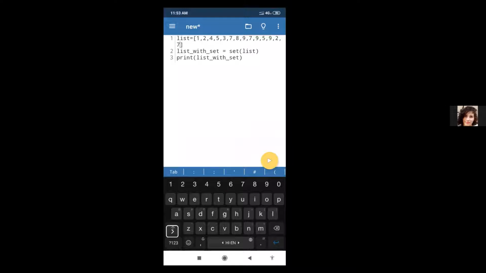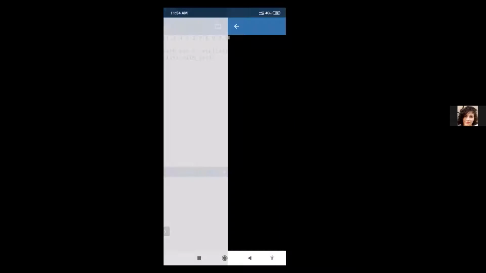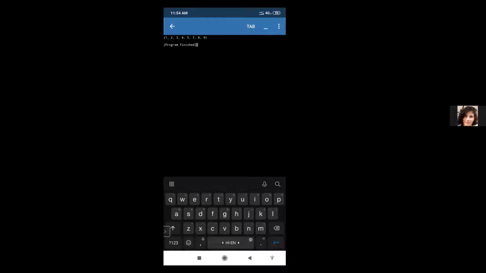Okay, you have this list which has duplicates, yes. Then you have created a set with this list and you're printing the set. Okay, fine. Let's see what it prints. Okay, fine. So yeah, that's the answer to your question. So if you look at the elements, it's clear that all the duplicates have been removed. You only see the distinct elements here.